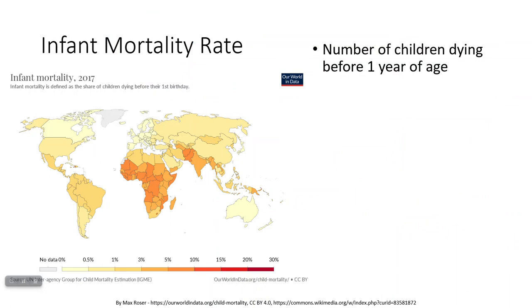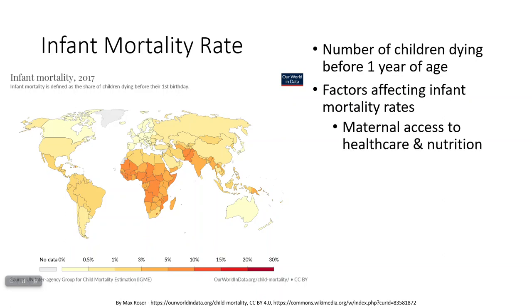Infant mortality, I said I was going to talk about. This is particularly going to influence the total fertility rate. Like I said, if there's more likelihood of children dying before they end up reaching adulthood, then the families will tend to have more children. So, infant mortality rate is the number of children who die before 1 year of age. Some of the factors that affect infant mortality are access to healthcare and nutrition, especially while a mother is pregnant. If she has lower nutrition or less access to healthcare, there's less chance of the child being born healthy and being able to survive.